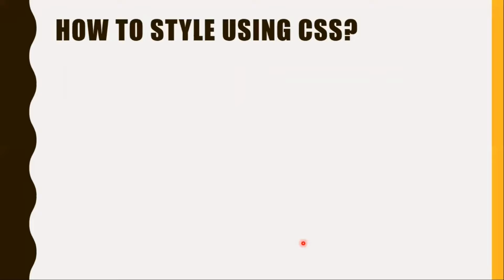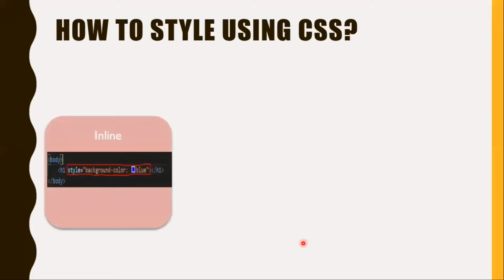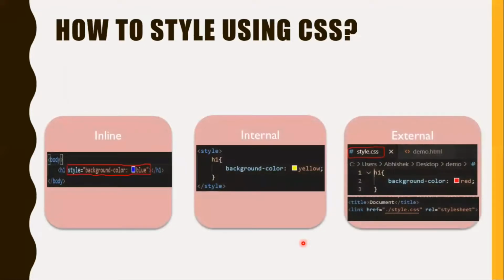Okay, now there are three basic ways on how I can style an element in CSS, or three sources I can say. These are the inline style, internal style, and the external style. In the inline style, we write our CSS directly on the HTML element by using the style attribute. So you see I've written style equals to something, and then I have the key value pair inside the quotes, and it is on the HTML element itself. So this is inline style. I will put my style on the element itself.